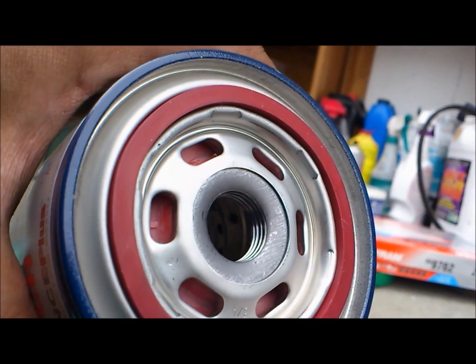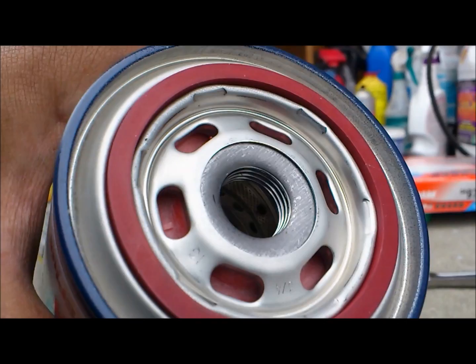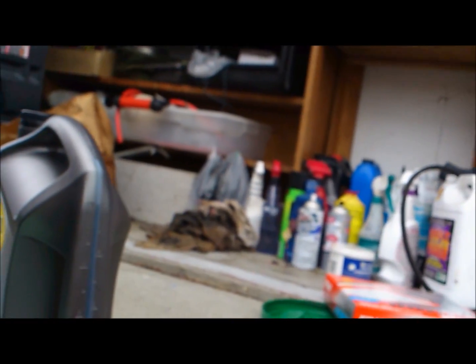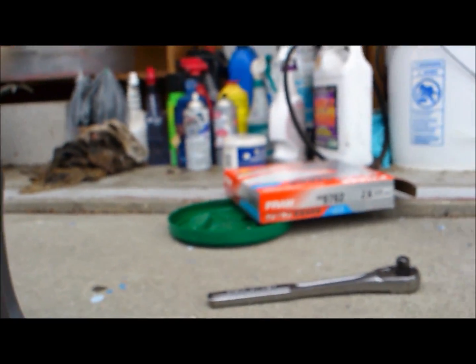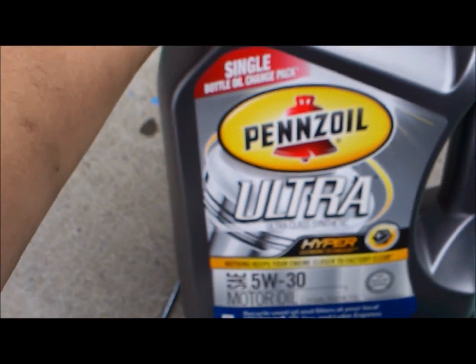I noticed that inside of it, you can't really see it, but you can see the holes inside. They're pretty big compared to the actual fan filter. And its installation is just the same as all filters. What I'm using is 530 Pennzoil